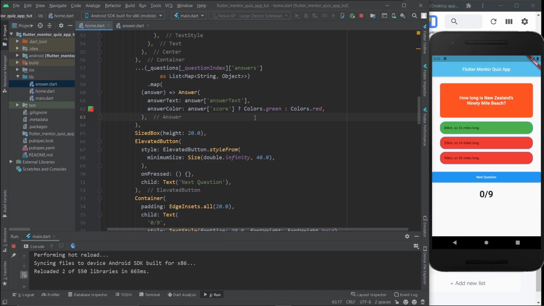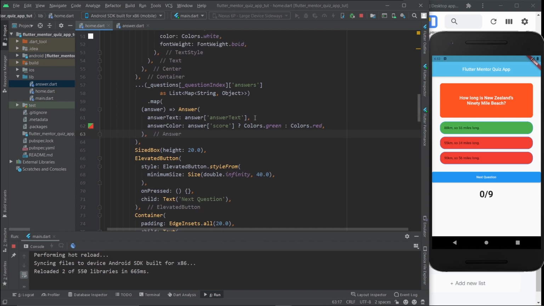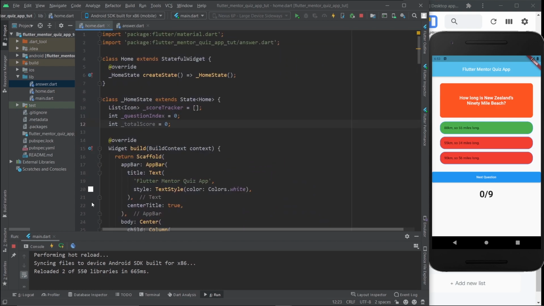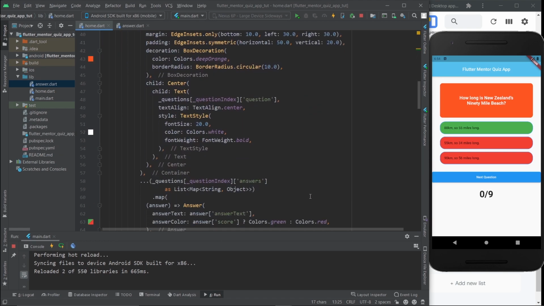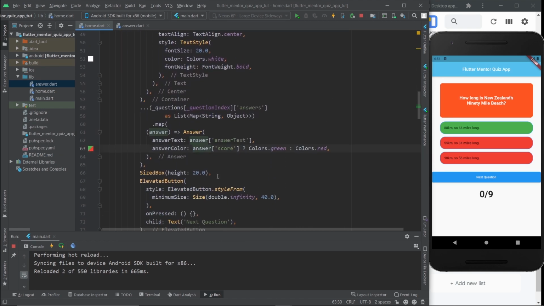one is red. But like I said before, we don't want the colors to show before the answer has been selected, right? So we need to create a new variable called, I don't know, answerWasSelected. And we're going to make it false, because obviously it's always false before the user actually selects it. So now that we have this variable right here, we just need to come over here where we were and do another ternary expression within the ternary expression.